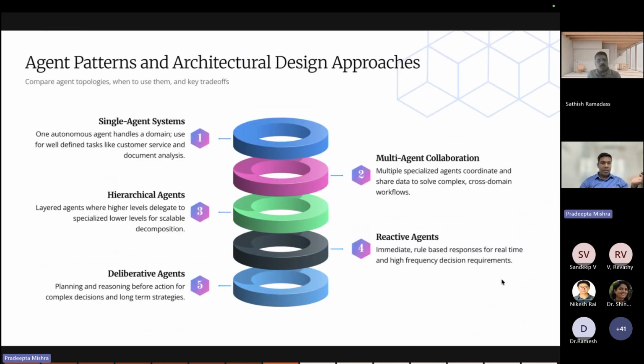When you look at the patterns and architectural design approaches, the first is the single-agent system, where one agent completes a task. This is mostly transactional. Number two is multi-agent collaboration. We saw two examples today. Booking a flight is a single-agent job. Multi-agent collaboration is the wine quality prediction that we have done. It's a multi-agent collaboration system where multiple agents coordinate and share data to solve a complex problem